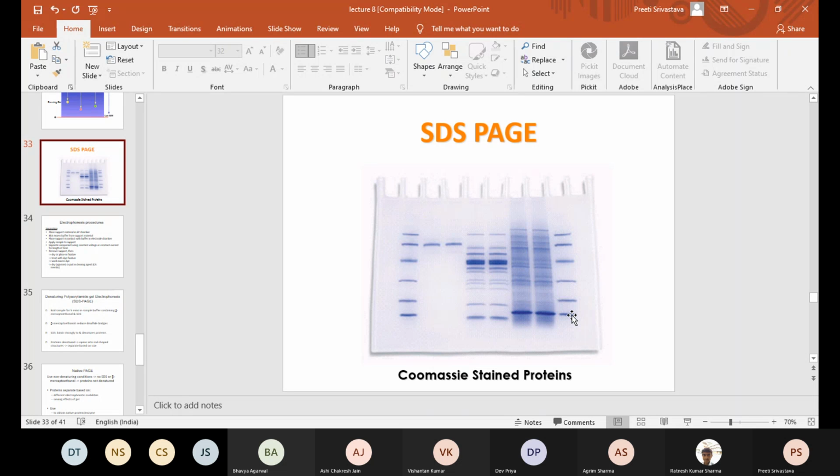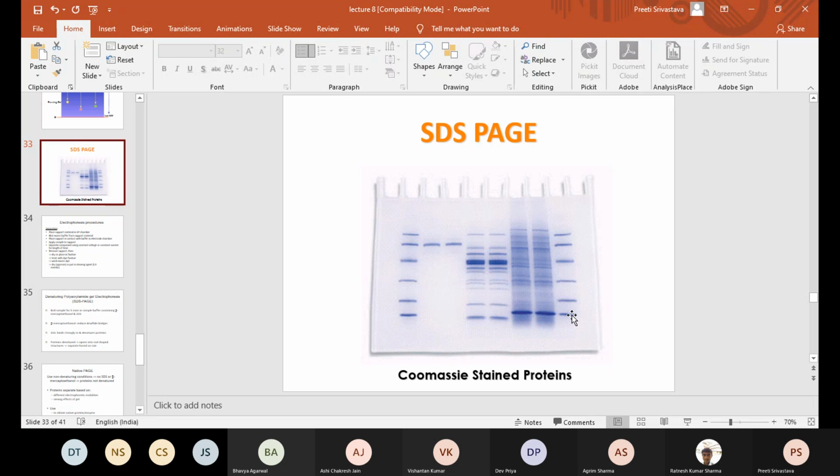Coomassie Brilliant Blue is not used as a loading dye for two reasons. First, because of its size, it is much bigger than bromophenol blue. Number two, the way Coomassie Brilliant Blue stains the protein is it binds to amino acids. So if we use Coomassie Brilliant Blue, it will specifically bind to proteins and therefore it can affect the mobility of the protein. You are getting my point. When you are performing an SDS-PAGE, you want to use a dye which is not binding to the protein at all, because the protein is already coated with SDS, which has imparted negative charge to the protein, and you just want to separate the proteins based upon molecular weight.